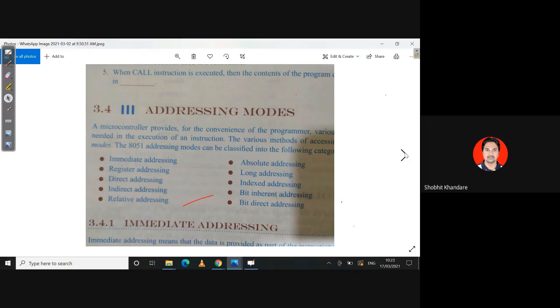Full stop. The various methods of accessing data are called addressing modes.